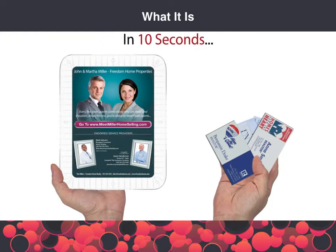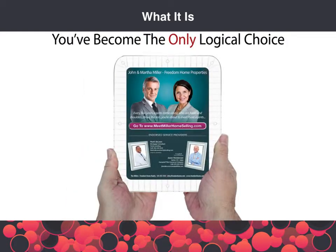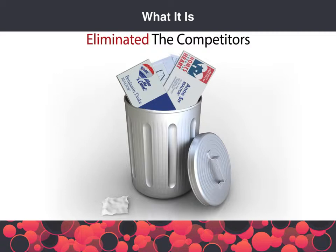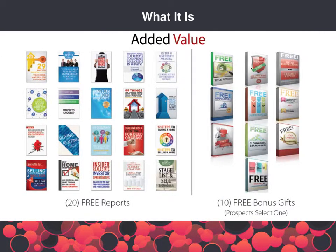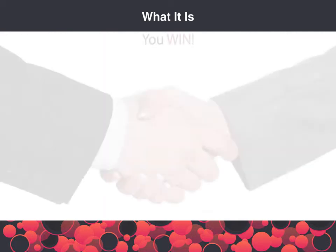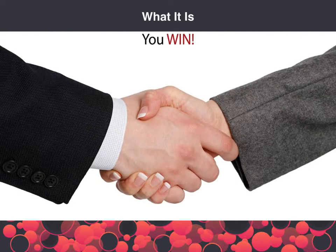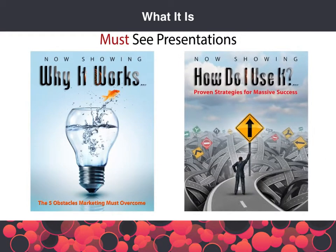Watch what happens. In just 10 seconds, the paper business cards start to fade. In 30 seconds, they're gone. And you've become the only logical choice of where to do business. Now that you've eliminated any and all competitors, let's add so much value to that relationship with the wealth of information found on your site that your multimedia business card drives them to, that they wouldn't think of doing business with any other agent. You'll definitely want to view the Why It Works and How Do I Use It presentations